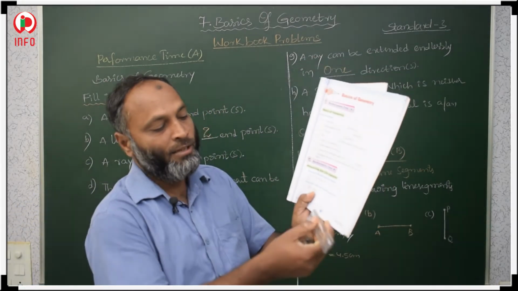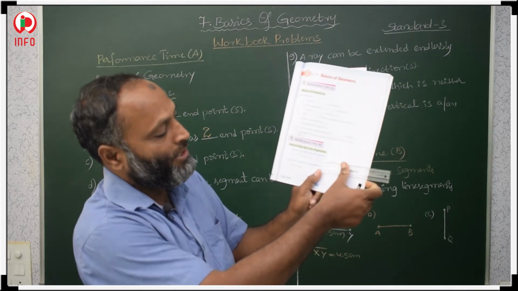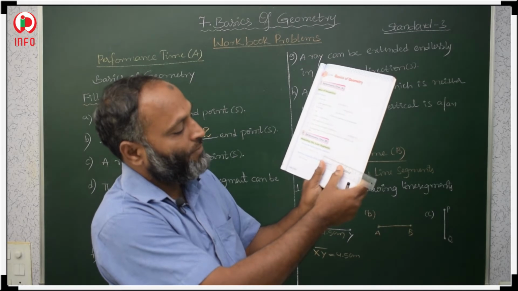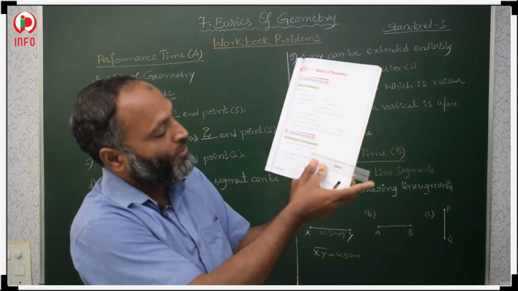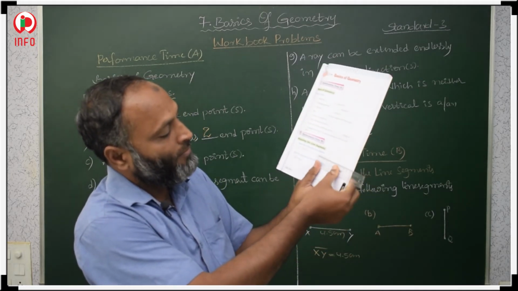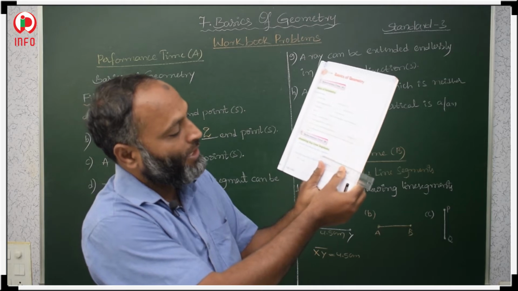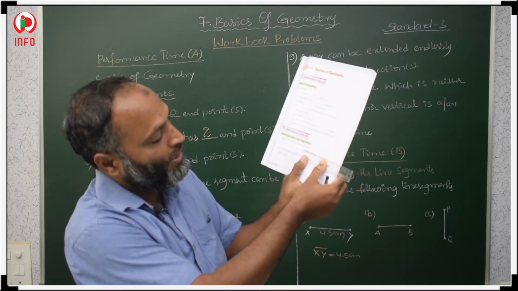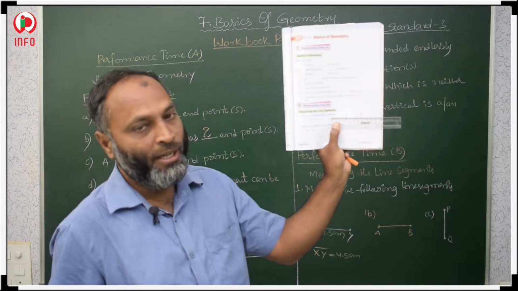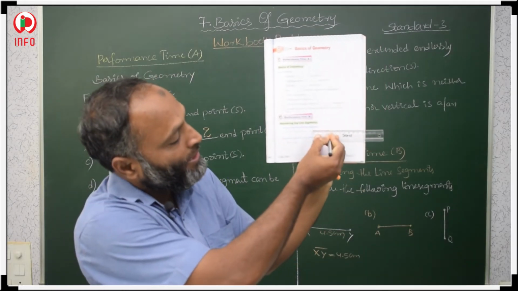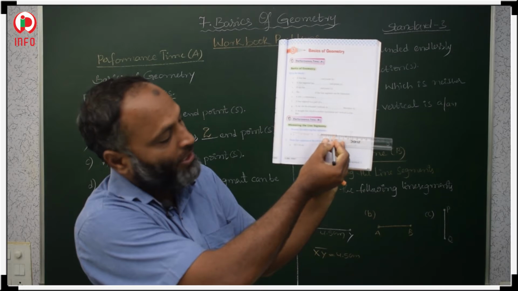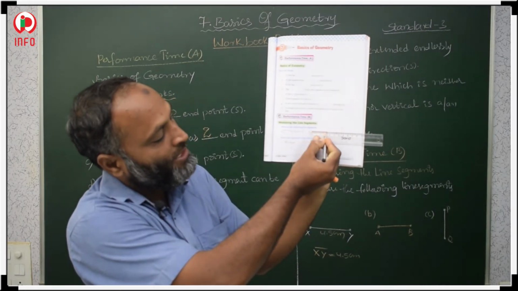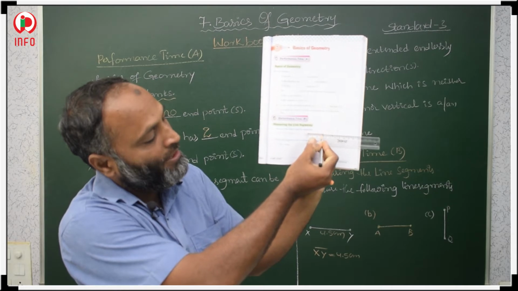In the same way, we have to measure the AB line segment, the same pattern. So this initial point A should coincide with 0 on the scale. Then after that we have to check where the second point coincides. It is at 3.3. The second point coincides with 3.3. So the first point should be at 0, and we check where the second point is, at 3.3.